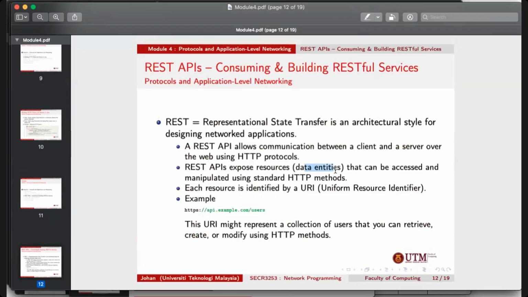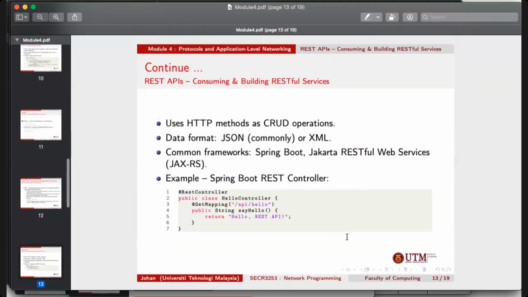A good example is Google Drive, and how to communicate among all the pages. So we use this to access, right? Similar things, for example, this. And then this URI might represent a collection of users that you can retrieve, create, and modify using standard HTTP methods. So we use HTTP methods as CRUD operations, and then the data format using JSON and also